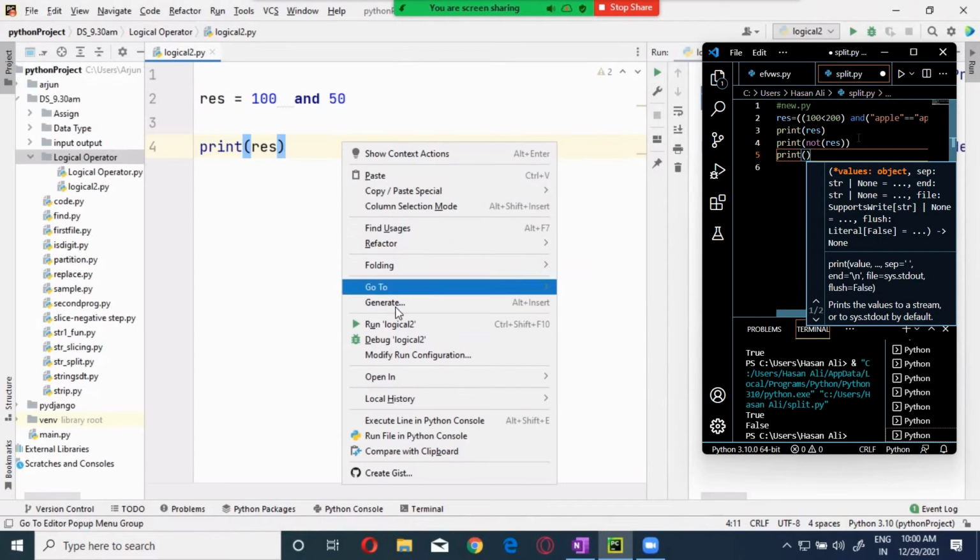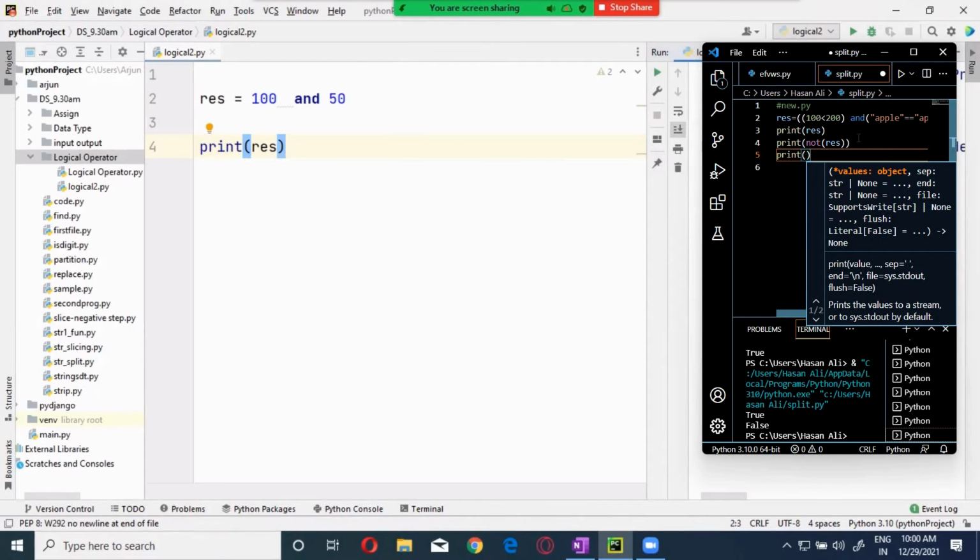You are going to get a value over here, that is 50. Now this is again an MCQ and interview question. They will definitely ask this question whenever you have the coding round. Now if I am using an OR, I'll get 100.